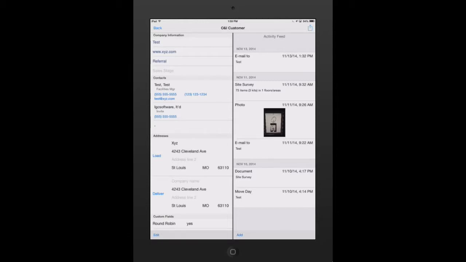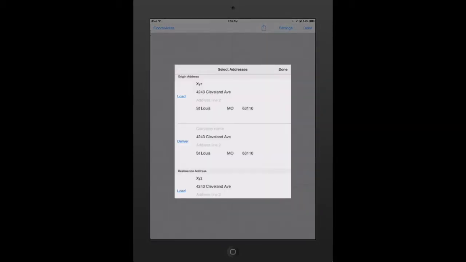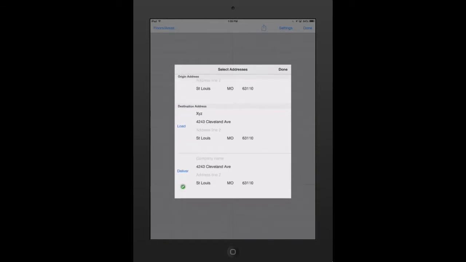So to add a new site survey, what you first have to do is from your activity feed, hit the add button at the bottom. What that does is it launches your activities to select. From there, you can select Site Survey. Once Site Survey is selected, you need to select the addresses that exist within your application for that customer. So where are they loading from? Where are they delivering to? You select those addresses, hit Done in the upper right-hand side,